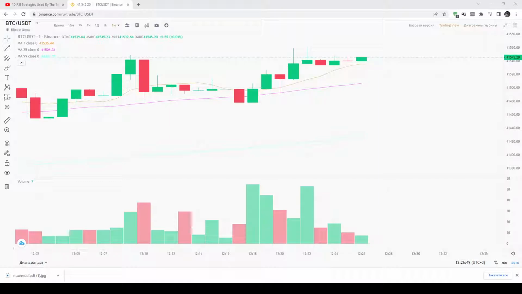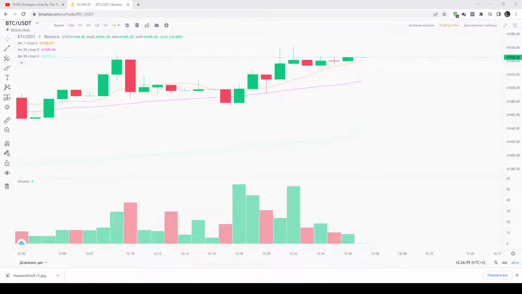RSI regular divergence can be used as a reversal sign to pinpoint the end of the price swings and is more efficiently used in conjunction with other trading techniques such as trend lines, breakouts, support and resistance breakouts, and